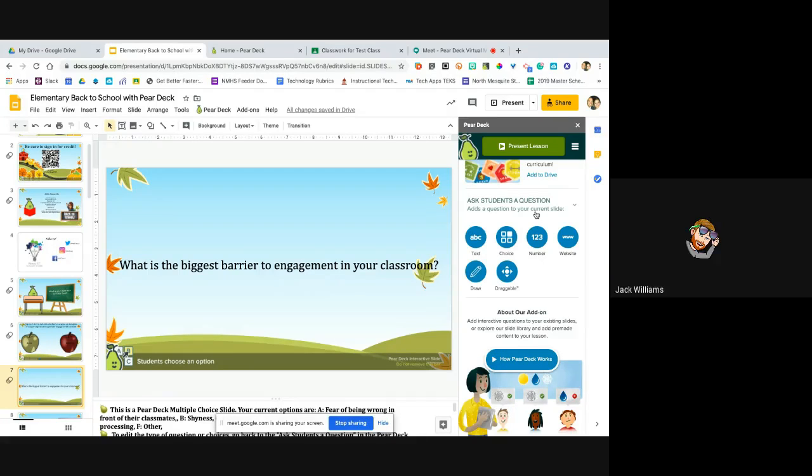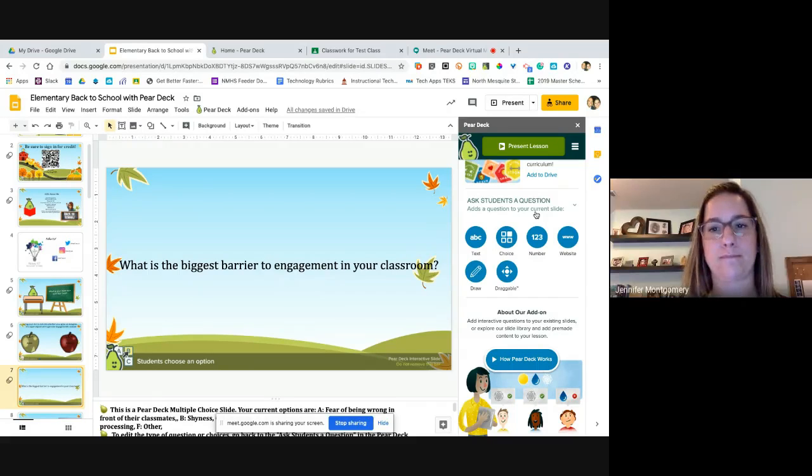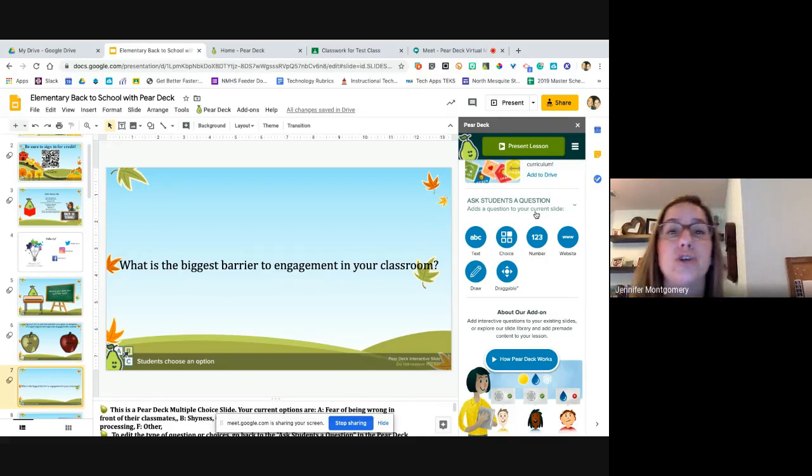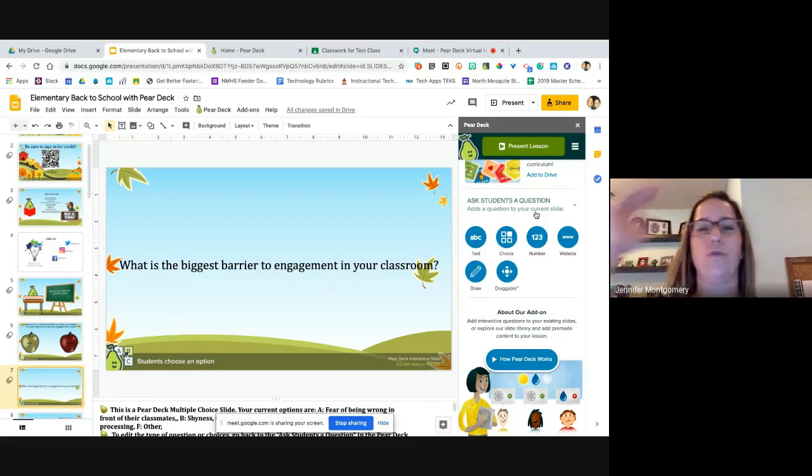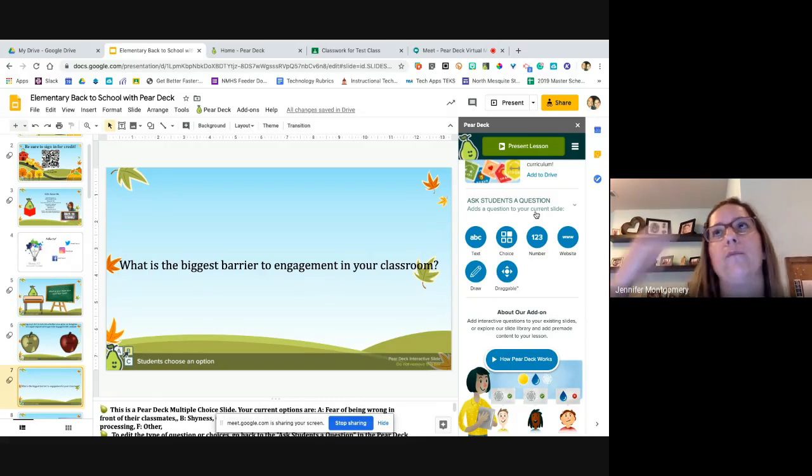Can you add more than one multiple choice question to a slide? No, you can't. Just make it 2 slides. You can do one slide as a multiple choice question, and then the next slide would be a multiple choice question. You never want to add more than one question per slide, and that's going to save you time